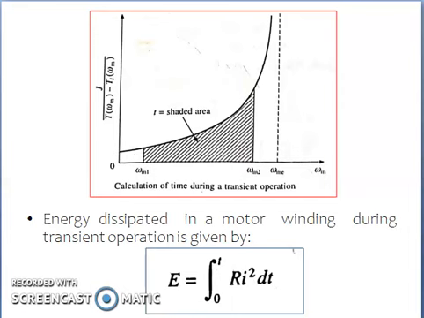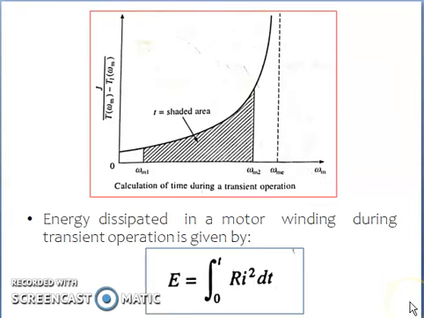So here we have drawn omega m on the x axis and J divided by T(omega m) minus TL(omega m) on the y axis. Now the integral, whatever we wrote in the equation previously, can be indicated using this shaded area, and you can see here we are not going from omega m1 to omega me, that is the equilibrium speed, but to 95% of omega me. So that will be our final speed, or you can call it the equilibrium speed.